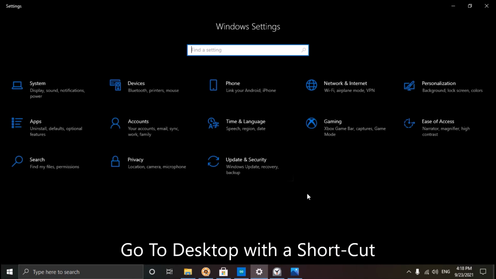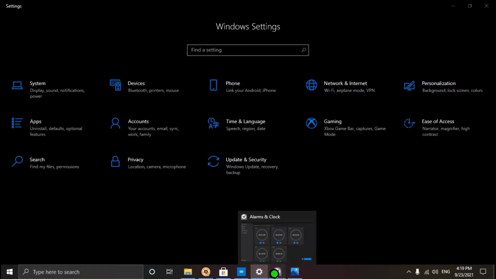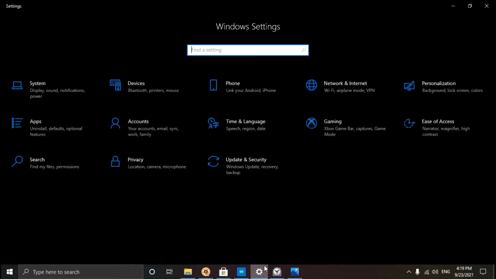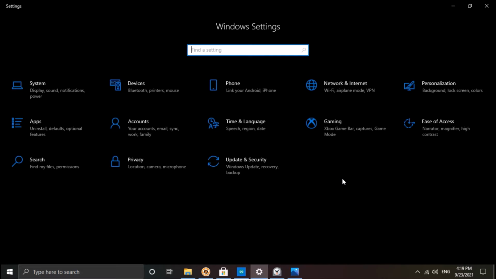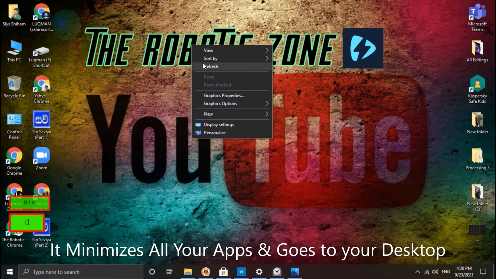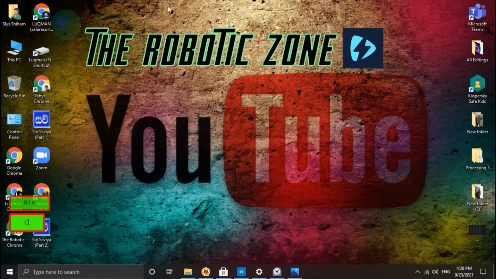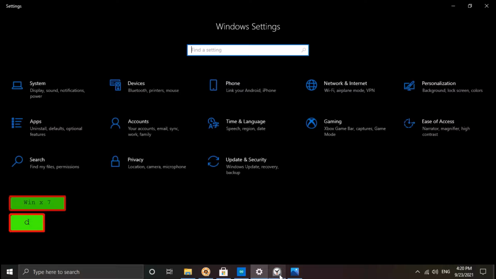So the third shortcut which we are going to learn is, suppose you have a huge number of files running in your computer, so there are many files in here. If you want to minimize all the files, rather than minimizing them one by one like this, the easiest way is to click Windows plus D. When you click Windows plus D, it will go to your desktop. So if you want, you can do any other work. And again, if you want to go back to the place where all the files were, click Windows key plus D again. It will restore all your files again in order.